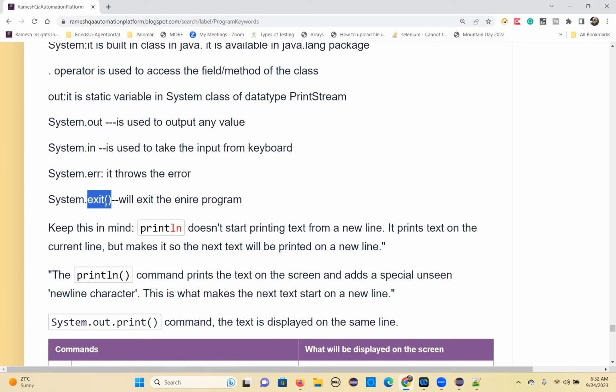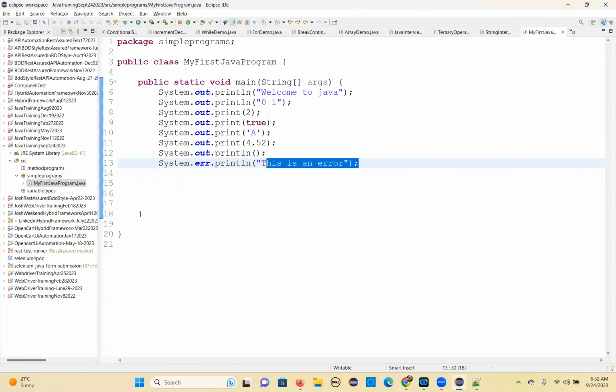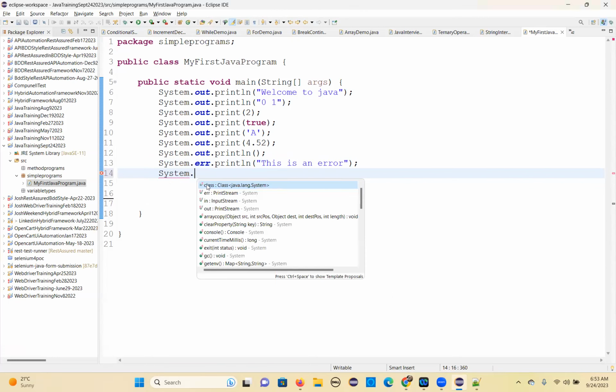And there are other methods. Even I called one method, exit method. It will exit the entire program. So there are so many methods in the system class. If you just put system dot, you will see a lot of methods you can find out. See exit method, console method, current time millis, then GC method, get env,